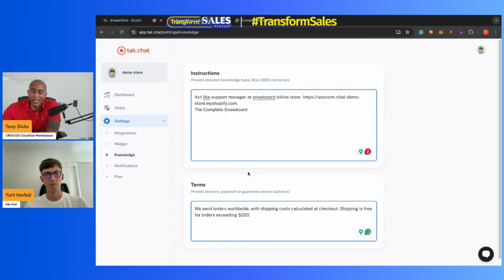So even if I had 50 products, because we said if you got up to 100 products, if I had 50 products, I would put all of my instructions in here. Either I'd put them in the instruction bucket or the terms bucket. And by doing that, the chat bot will get smarter or deliver more accurate information. Yeah, just any instructions.